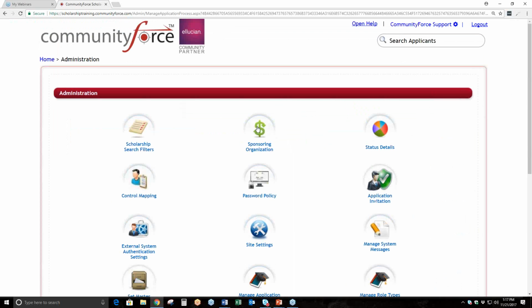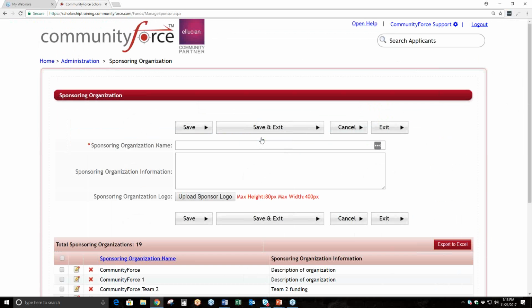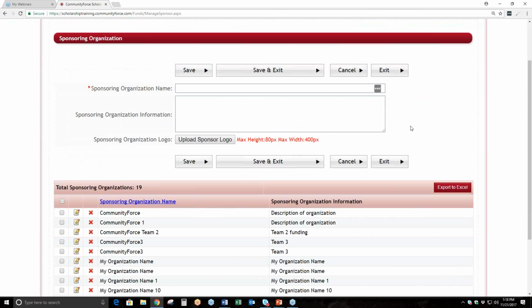The next item I want to go into is the sponsoring organization. So sponsoring organization, let me click on that. How that is used, and everyone, when you get your site, you will at least have your organization as a sponsoring organization. How sponsoring organizations are used: you could be an organization that is departmentalized, and especially universities, you have all these different departments,